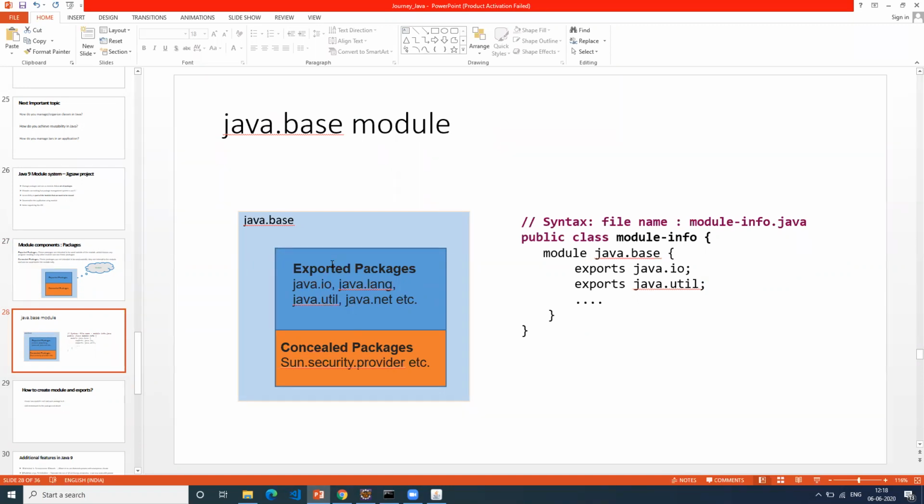There are so many such packages which are exposed so that anybody can use them. These are called exported packages, which are under java.base in the Java 9 module system onwards. This other part is something which is used internally, like sun.security.provider, etc. And there are so many such packages here.